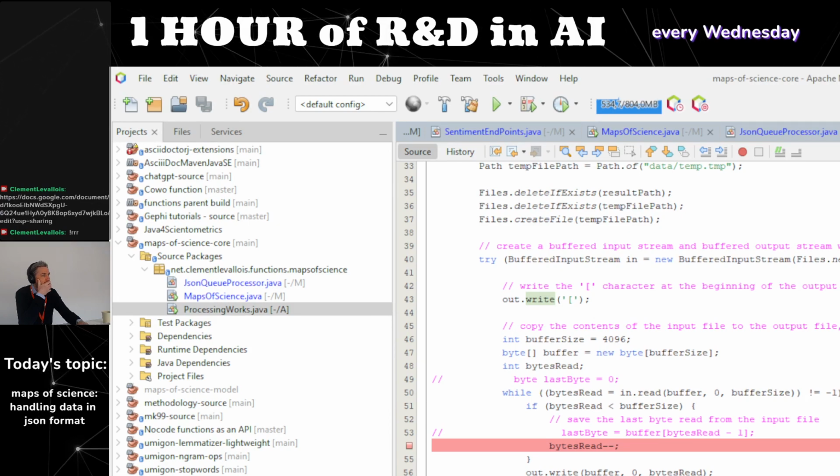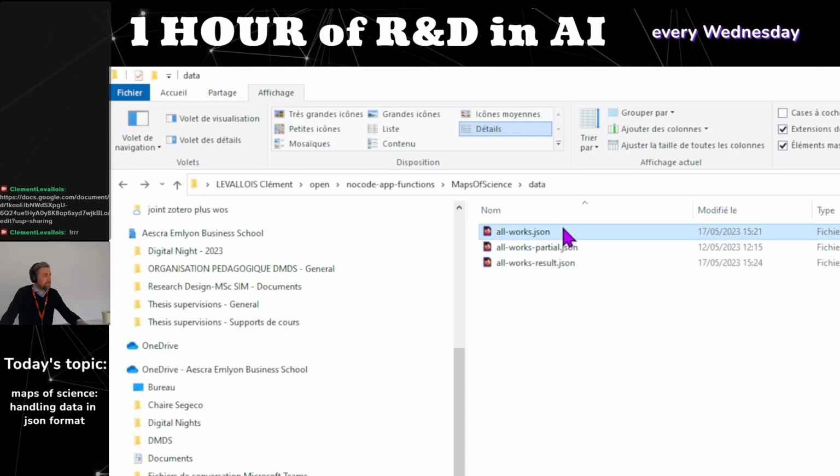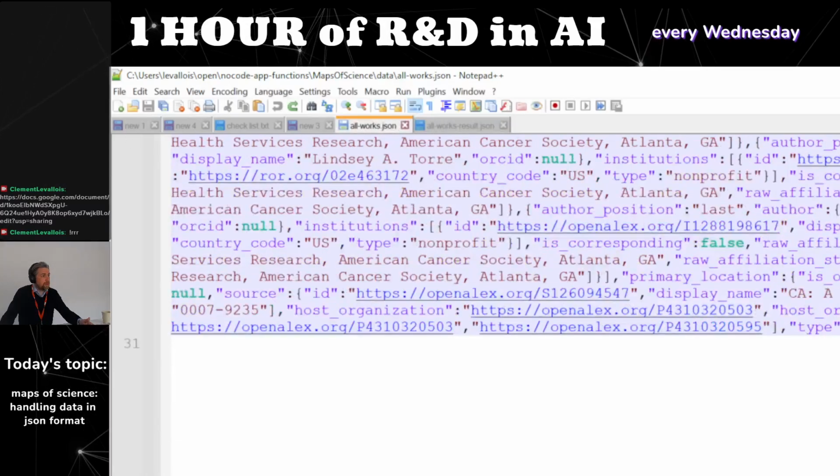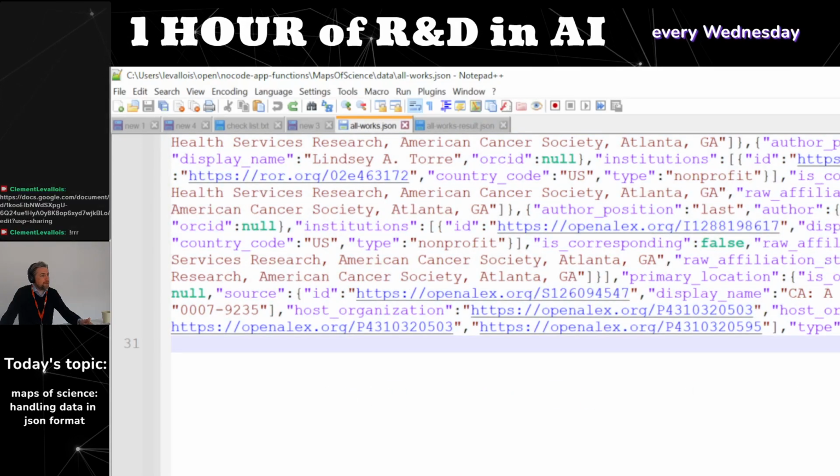Oh, I suppose that in the entry file, let's look at the original file. You see, it doesn't end with a comma, it ends with a line break, actually. So maybe I introduced that,